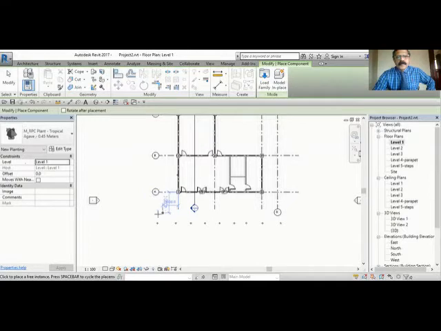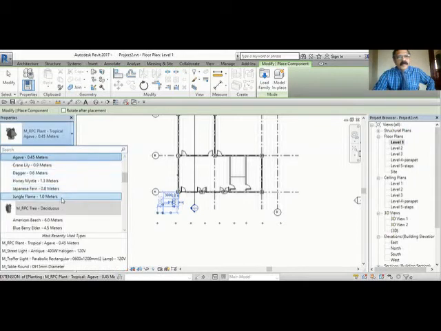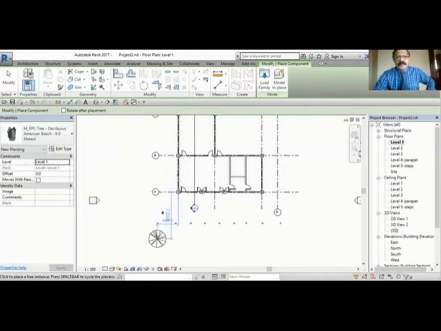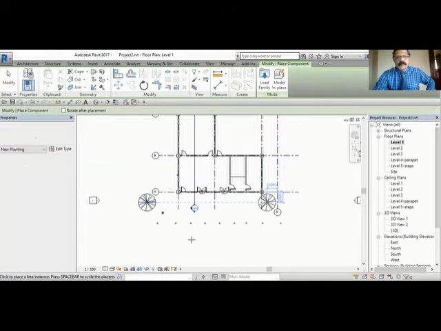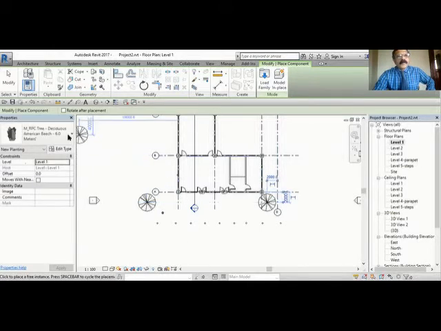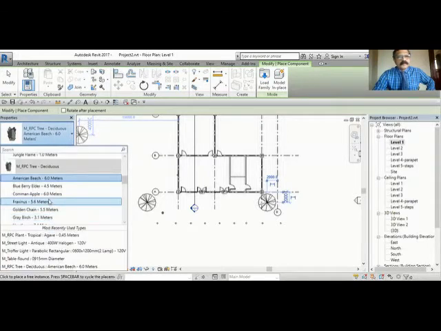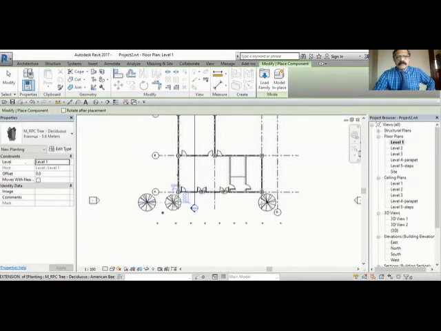One tree I put here. This tree is 0.45 meter high. So there are many trees available here. 1 meter, 6 meter. Okay, there are different types of trees there. Okay, put some trees there.